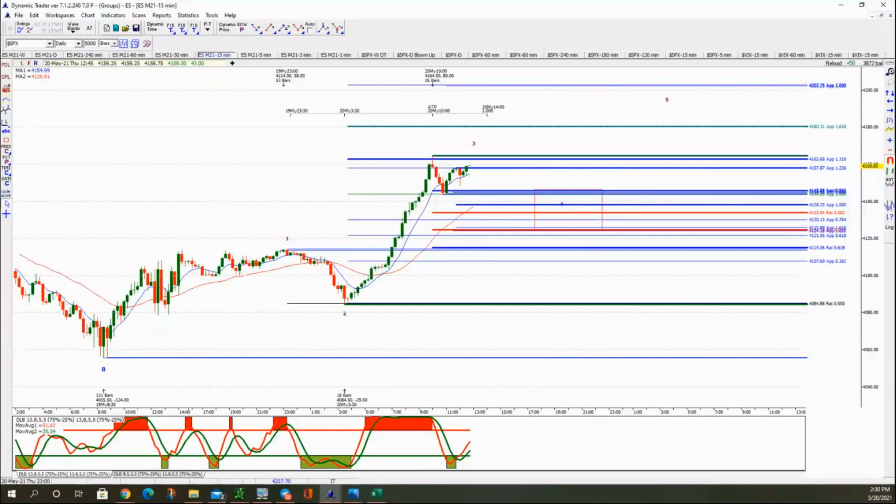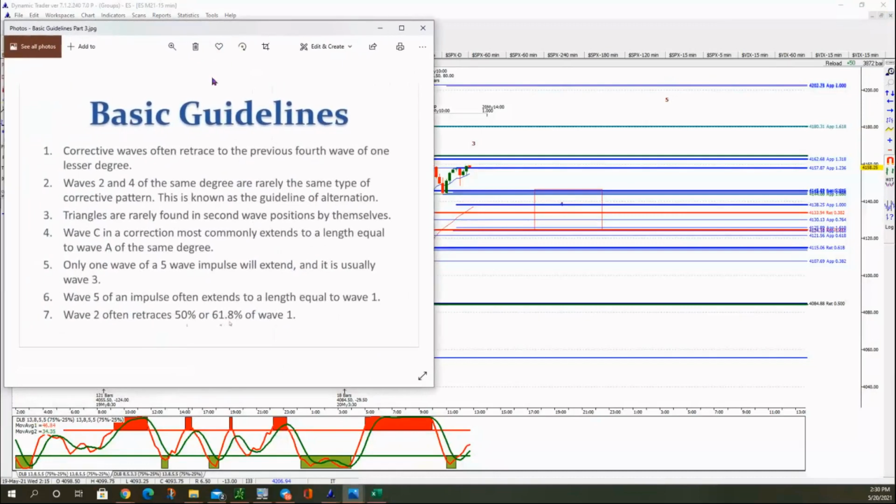Yeah, I know you love those wave 4s. But anyway, you can see how that thing, I mean, that's amazing. I didn't make that up. I just did it while we're sitting here watching this. So I measured from the top of this, and I measured from the bottom of this, and it came right in at the 1.618 target right here. Wow. What do you call that, karma?